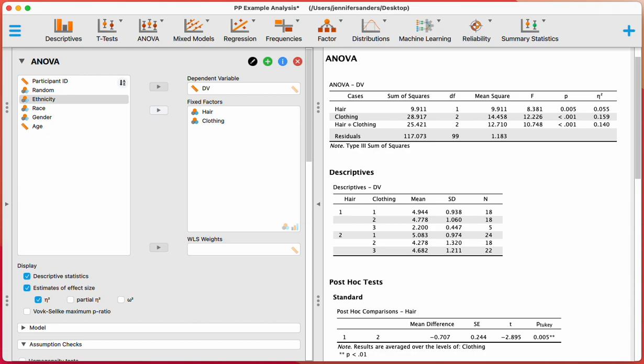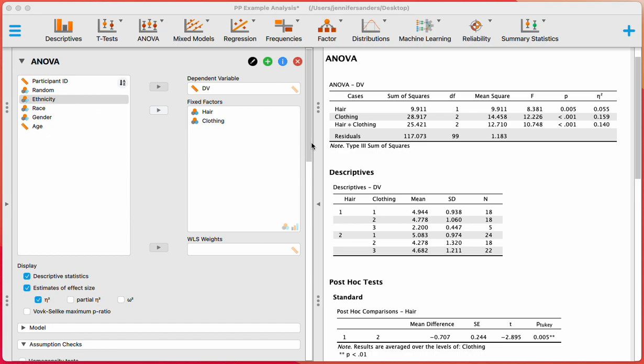Okay, so we have run all of the tests for the analysis of our data set for the results of our hypotheses. Our data set also has some demographic variables in it. So ethnicity, race, gender, and age. So these are the demographics of our participants. So we'll need to run some analyses on these demographics to find out the demographic makeup of our participants that